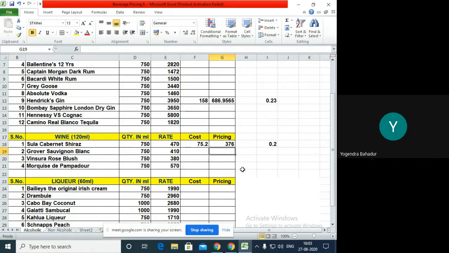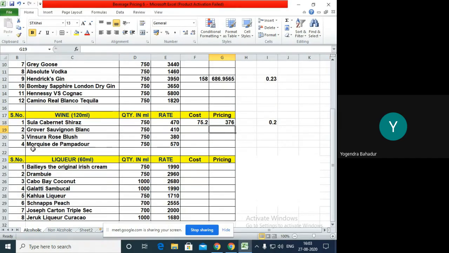The very important thing you have to keep in mind is the fourth point given over here. This is Marquis de Pompadour. It is basically considered a very famous Indian sparkling wine. Any type of sparkling wine is supposed to be sold by the bottle only. You will not sell any sparkling wine by the glass, because maybe you can serve one or two guests, but the rest of the guests